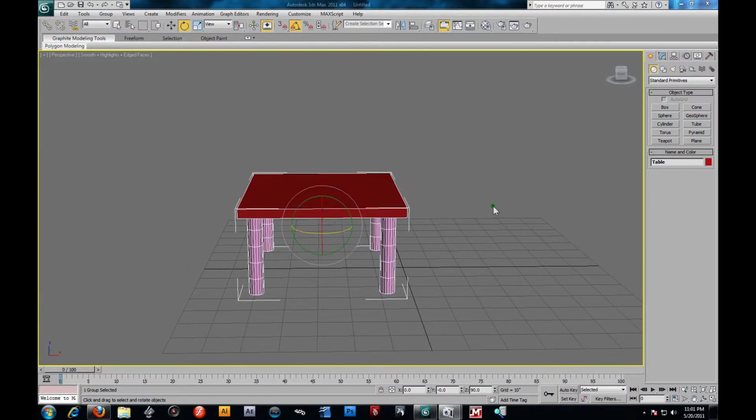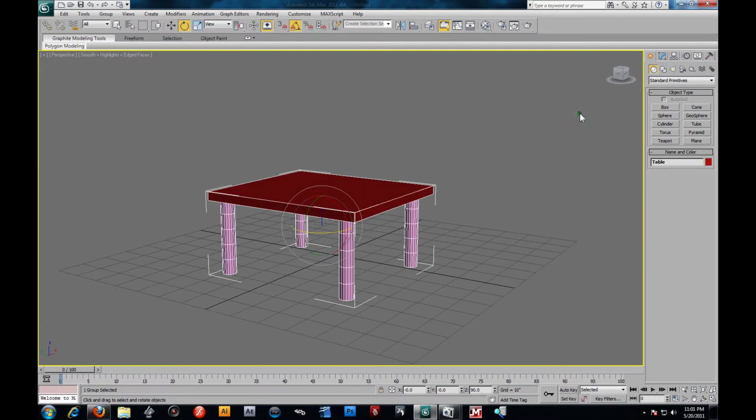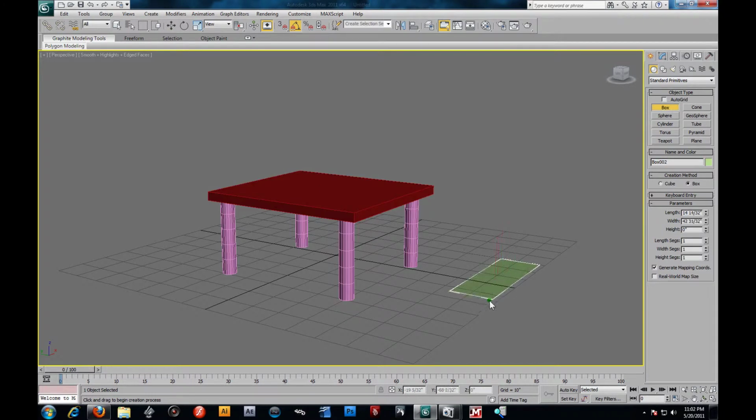Alright, one of the last few things I want to talk about possibly is your local and view accesses. So for example, your view is the whole view, the access view of whatever view you're working in. Now local, like I said, you'll be switching back and forth from this a lot, and I want to explain that thoroughly. So let's, for example, I'm just going to throw a box down here, and now